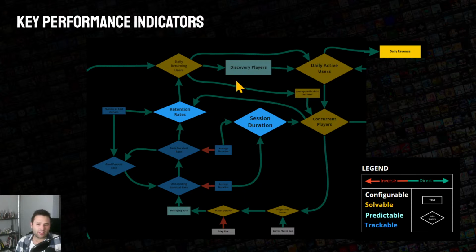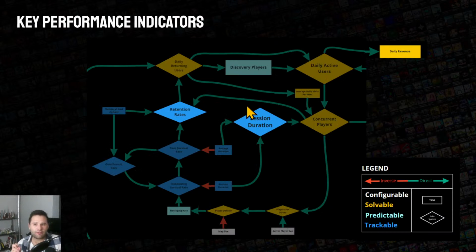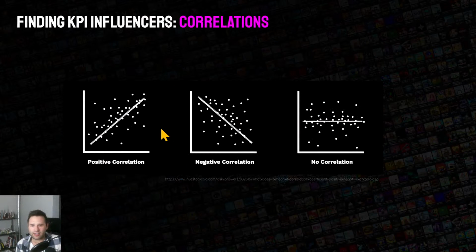Figure out your retention rates, figure out how long they're playing, and figure out how much they're spending. This would be in the form of average revenue per user. And yeah, so these are the important parts. We solve for these, and we figure out how certain paths influence these various metrics. One way to do this is through positive correlations. This is the way we measure.